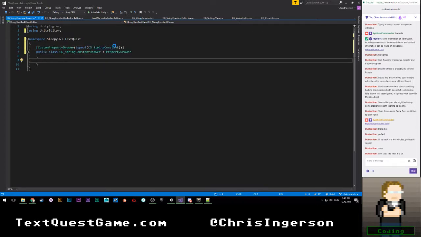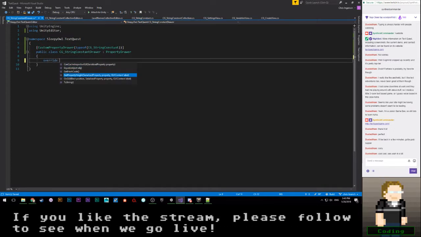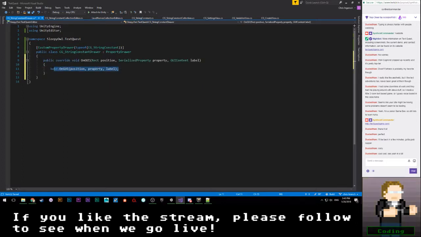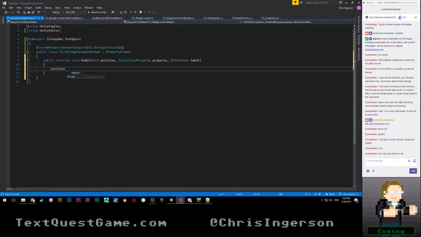All right. So for this, we're just going to go ahead and say override. We don't need to override height because we're just going to use the default height of one line. And we're going to say on GUI, which we will completely rewrite to more or less just do this, which is going to be position.width times equals 0.5f.